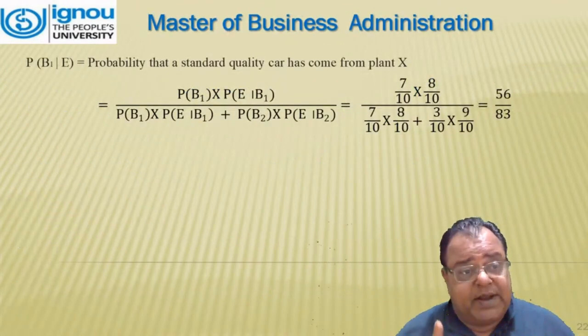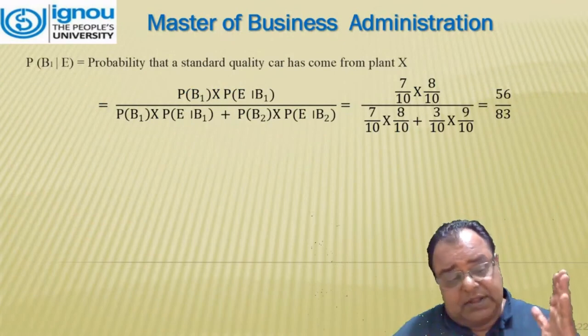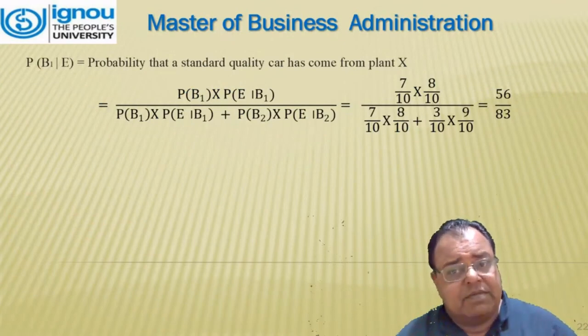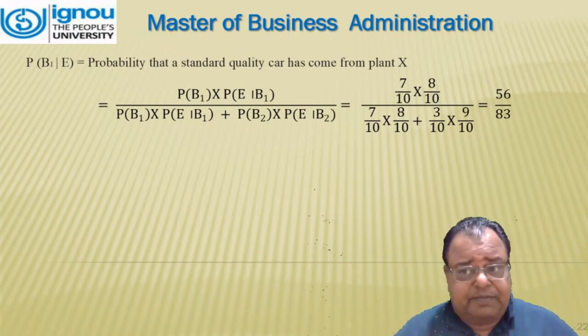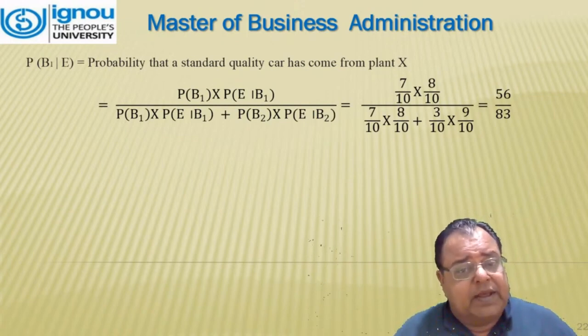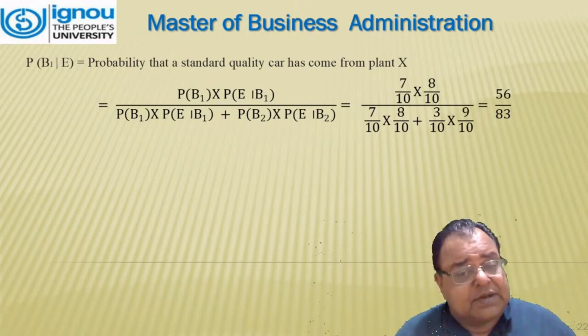How is it written mathematically? Probability B1 given E. That means the probability that a standard quality car has come from plant X. Now, how is it written mathematically? P(B1) into P(E|B1) upon P(B1) times P(E|B1) plus probability B2 into probability E given B2. Now,